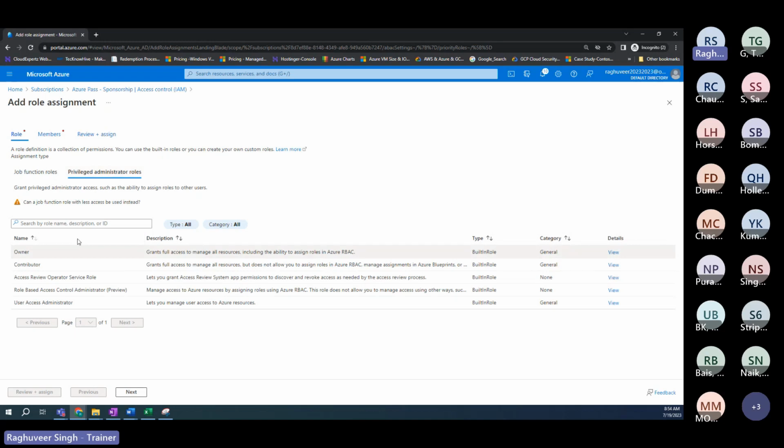These roles are subscription-specific roles. If you assign an identity one of these roles, then the role's scope is at the subscription level. The entire subscription, they get access to the entire subscription. However, if you assign somebody